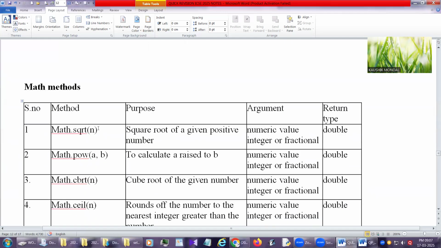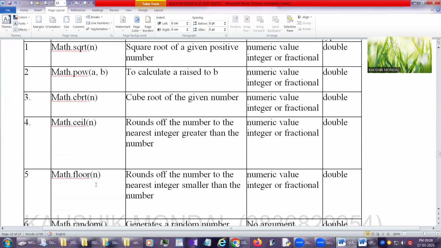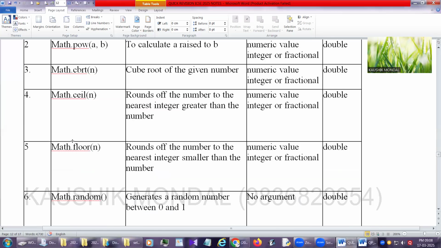And now if you check the Math methods, Math.sqrt is there, Math.pow is there, Math.cbrt, Math.ceil, Math.floor, Math.random, all are written in double data type. Math.sqrt and cbrt I already told. Math.sqrt, if you give a negative number, we'll get NaN, and for cbrt a negative number also will get the result. Math.ceil for ceiling higher, Math.floor for floor lower, like 3.1: in case of Math.ceil will be 4.0, and Math.floor will be 3.0.